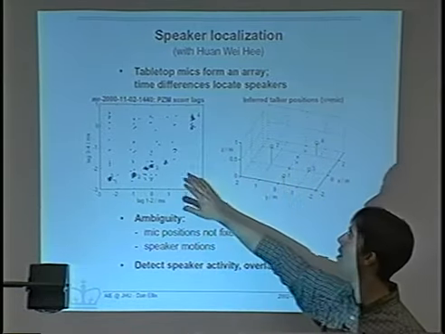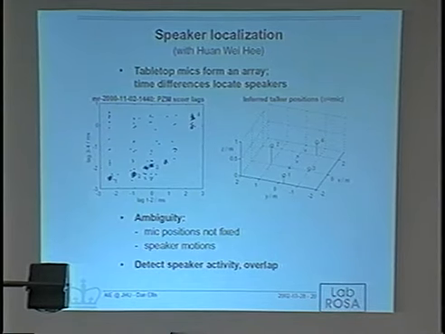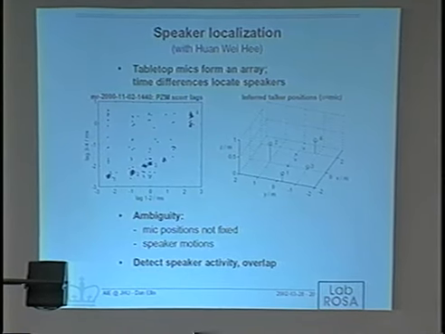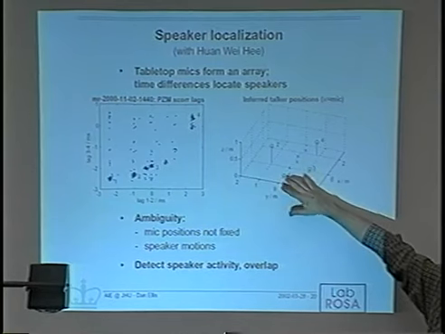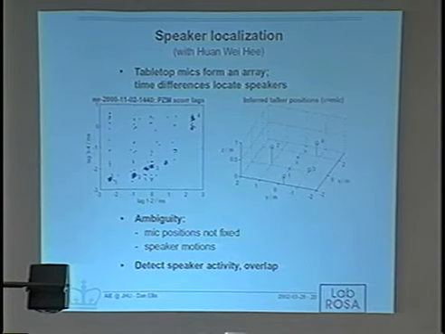So this is just one of those clusters. We're trying to do the thing dynamically so we can actually see who's speaking where and then track when they move and things like that. There's clearly some distortion here because I don't think this person actually had their head on the table, which is what this graph would suggest.